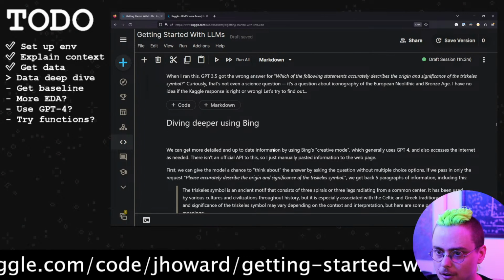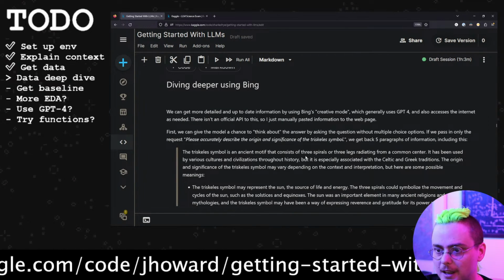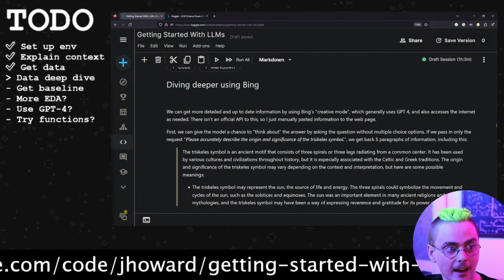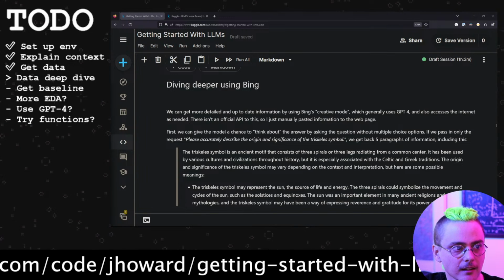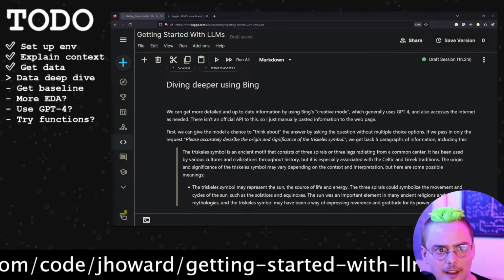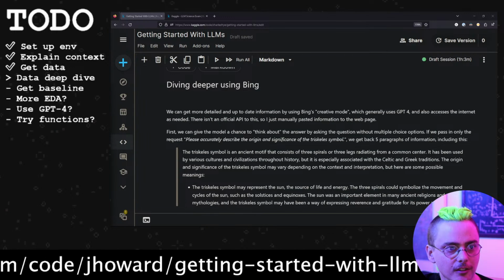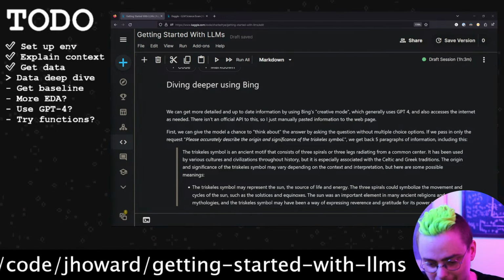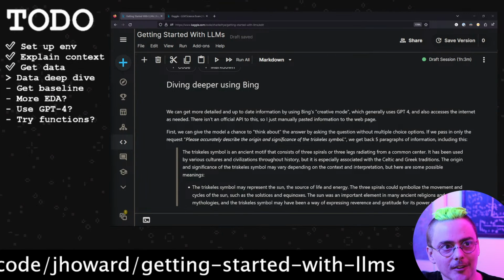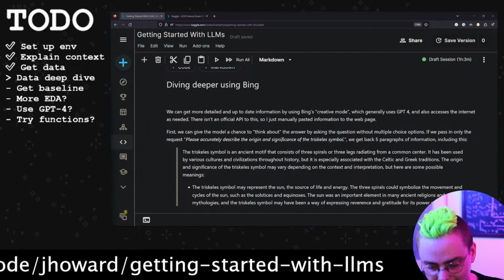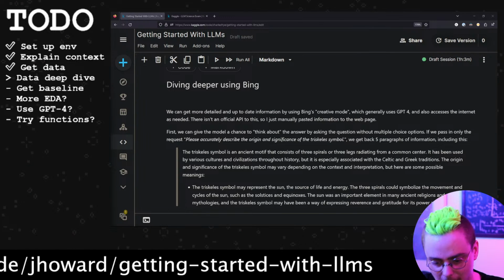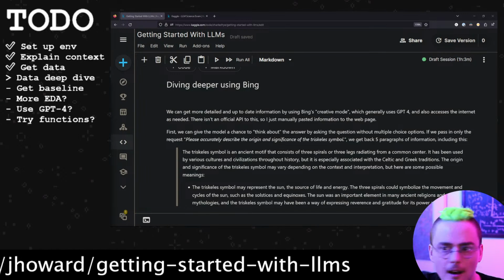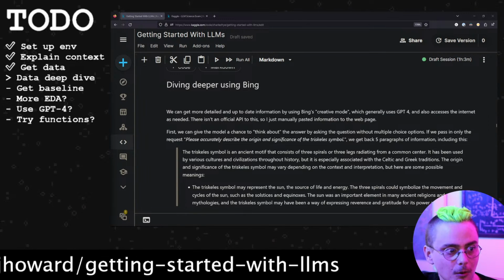So Jeremy tried this with Bing, because Bing has a nice interface for both looking at a web page and sending it to a language model, which is definitely a nice feature. It requires you to use Microsoft Edge, so I haven't used it very much. I'm just waiting for something similar to get implemented in ChatGPT or in another language model interface. So we're gonna do it in a slightly more manual way.